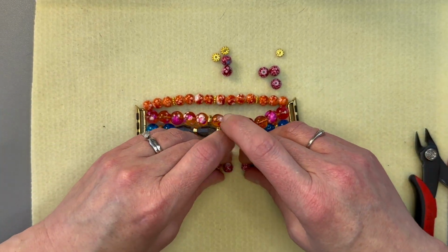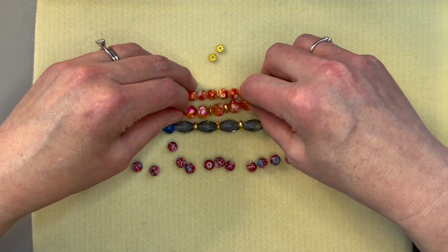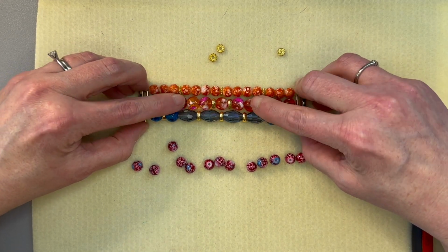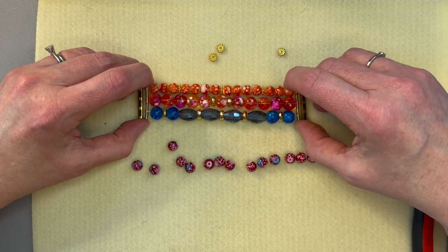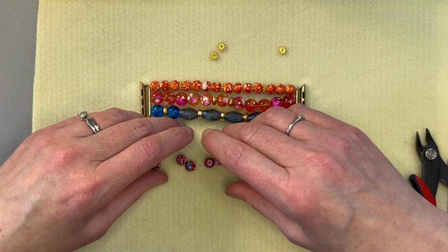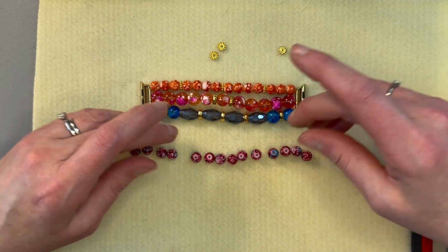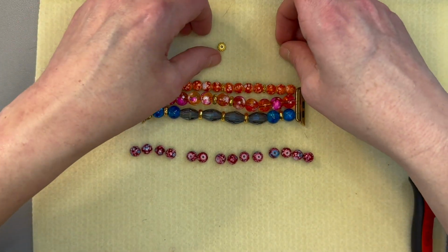And let's just kind of lay them out like we did the other ones. See, this one looks like it's kind of bubbling up a little bit, and it probably is, but that's okay. Once I get it on, it'll all kind of even out a little bit, and over time it's going to stretch a little bit more. So if it looks tight like that, it's going to be okay, and it'll be fine. So let's get that on there. I've made enough of these that I know it'll work out okay. So let's do...